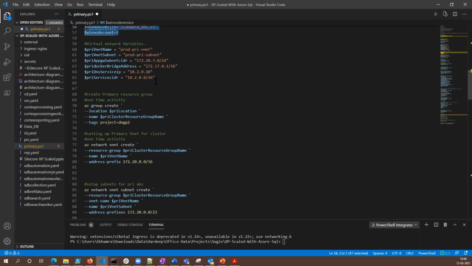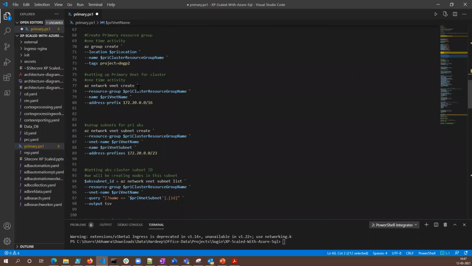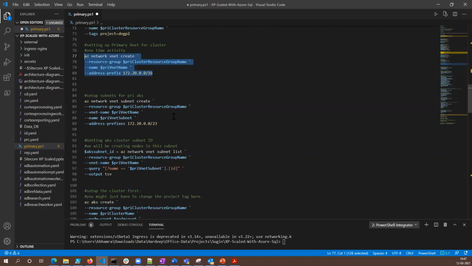The virtual network variables, the virtual network that I just showed to you, some variables we are setting up. Obviously, you'll need separate subnets for the gateway and separate subnets for the nodes in the backend. So if I don't really have the resource group, the first thing that I'll go and do is create an Azure resource group. The second thing that I do is create the virtual network when I'm setting it up, because that's a prerequisite for that.